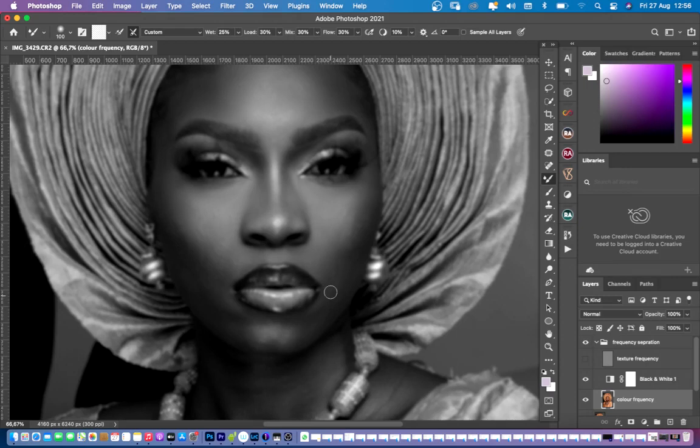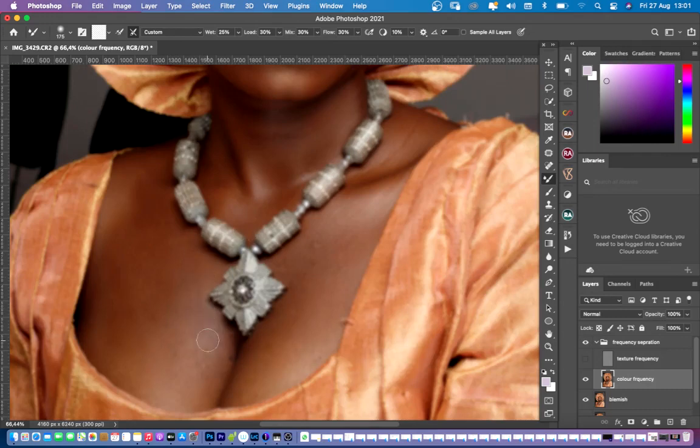So I'll actually fast forward this place so I won't bore you with too much blending, but the process stays the same. Just blend out the skin and I'll show you the result of how it went down. So as you can see, I've been trying to blend the chest region to make it look more unique. We are almost done with